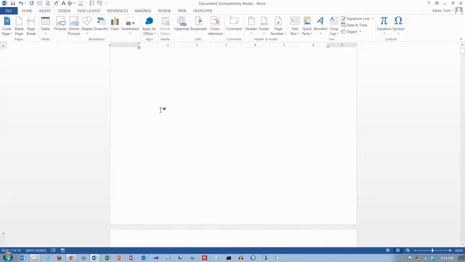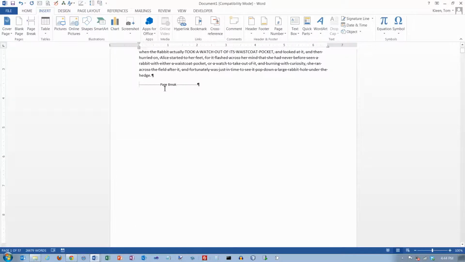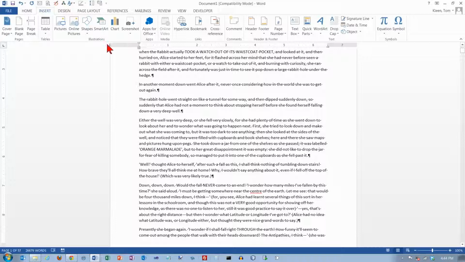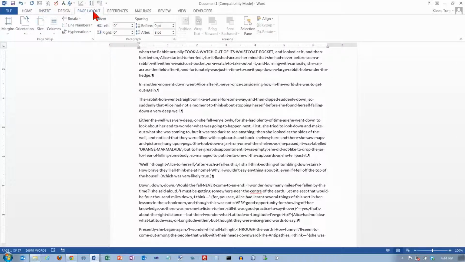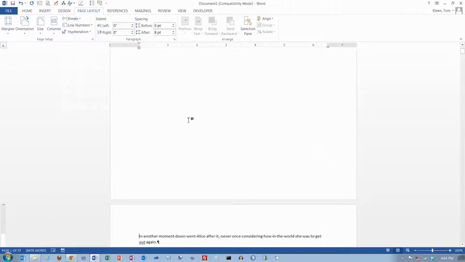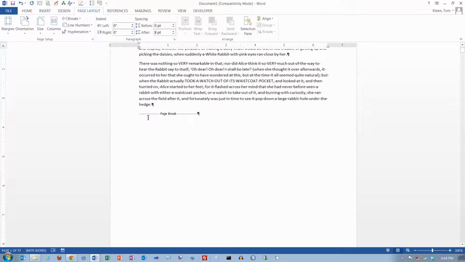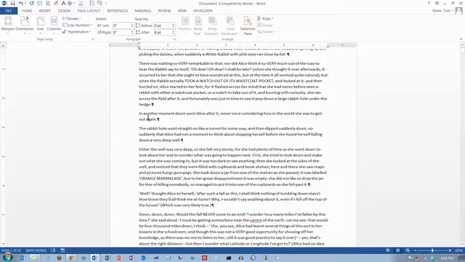And again, let's go here. I'm going to click and hit the Delete key, and hit the Delete key again, so now I'm back where I was before. And again, you can do the same thing here on your Page Layout tab. Go to Breaks and insert a page break, and we'll go back in here and delete it. And the other way to do it is